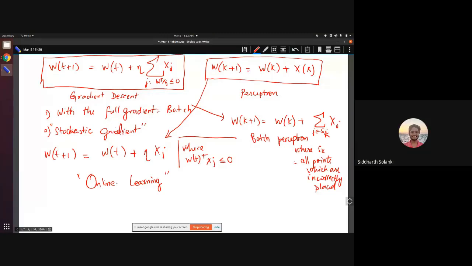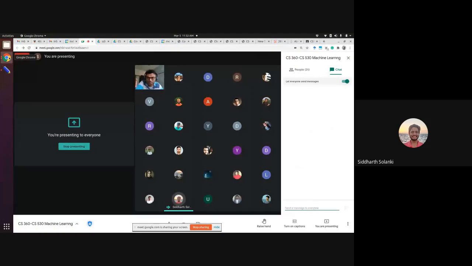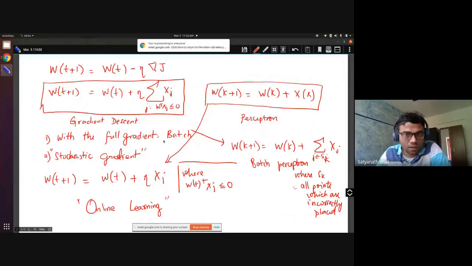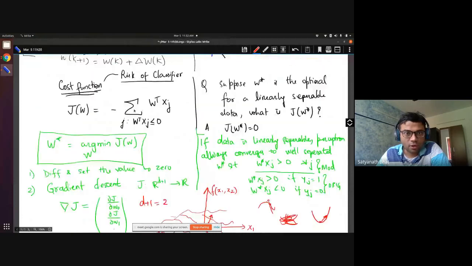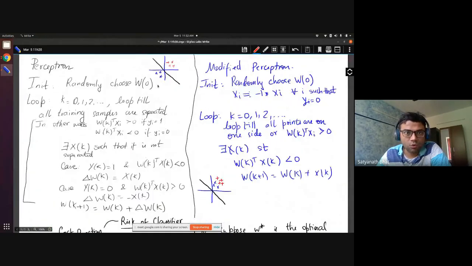Sir, when we were talking about batch perceptron, are we considering the modified perceptron or the original one? Batch perceptron is neither the modified nor the original. If you want to do the batch version of the modified perceptron, you loop till all of them are correctly placed, and this step remains the same. But inside the loop, you are not going to take just one example which is incorrectly placed. You are going to collect all the examples which have been incorrectly placed at that time and add all of them to WK. So this is a different step. The batch algorithm is different from either of those.